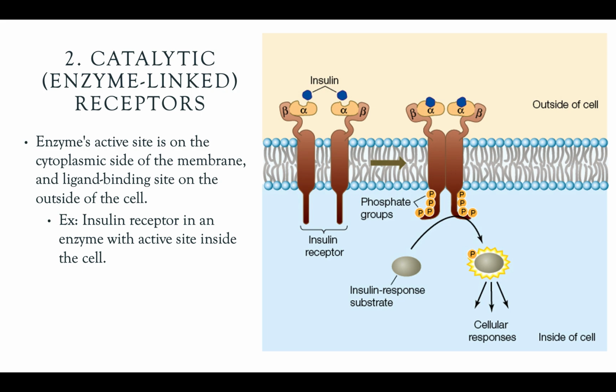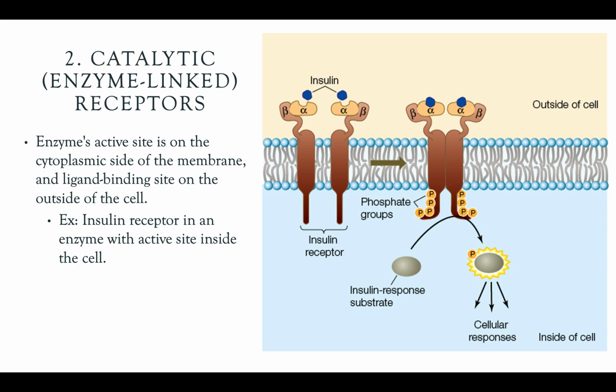Okay, so we have, for example, our insulin receptor, where we're going to have our insulin, our ligand, binding the receptor on the outside. That's going to trigger a shape change caused by the addition of these phosphate groups. So some kinase was around adding phosphate groups, right? That is going to change the shape of the active site such that the substrate on the inside of the cell, it's not insulin itself, but a molecule that can act in response to this binding,